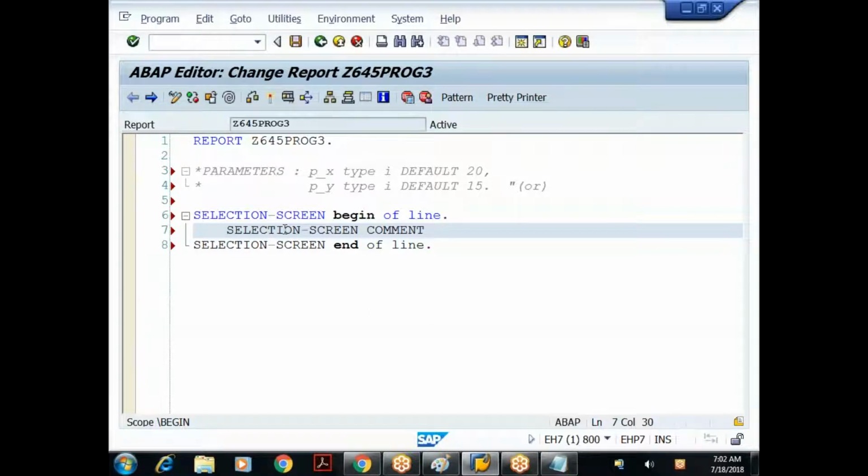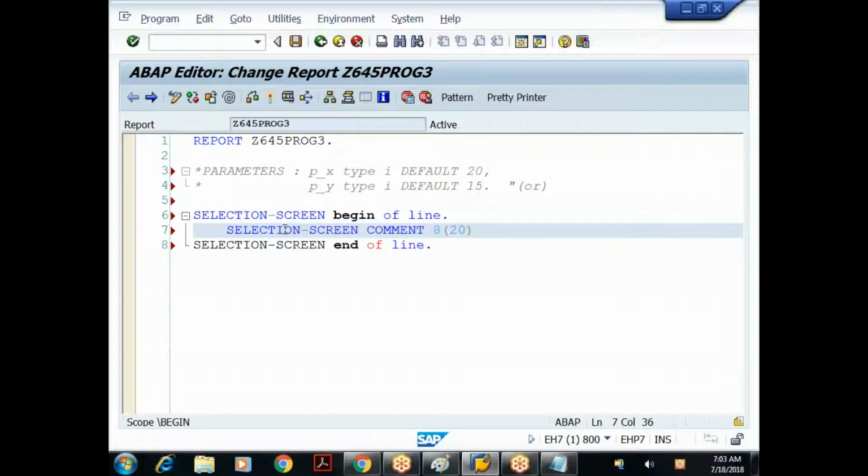From which position you want to start the label? I want to start the label from the 8th position, for example. Starting from the left hand side, I want to start from the 8th position. So 8, and in the parenthesis, how much width you want to reserve for the label. Let me reserve 20 characters, 20 spaces.